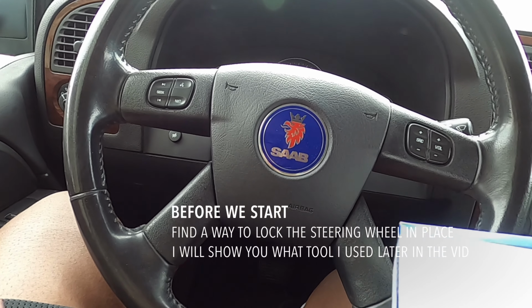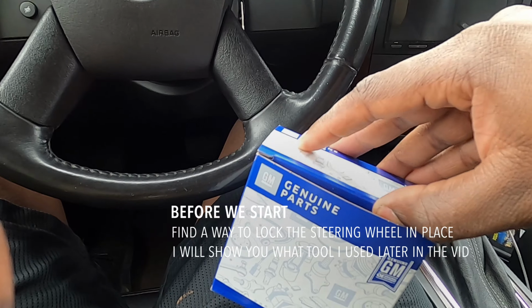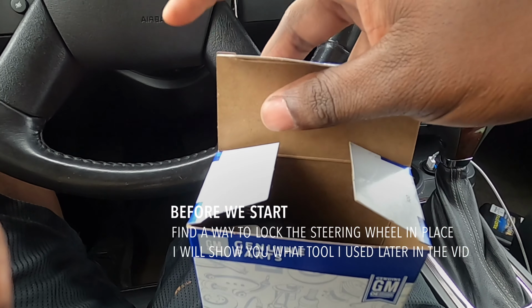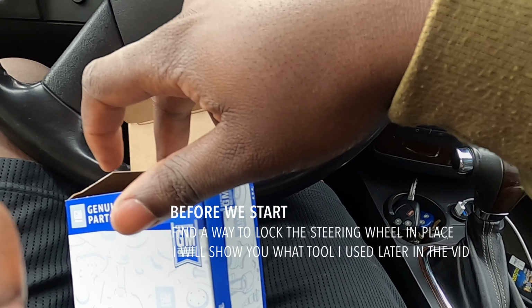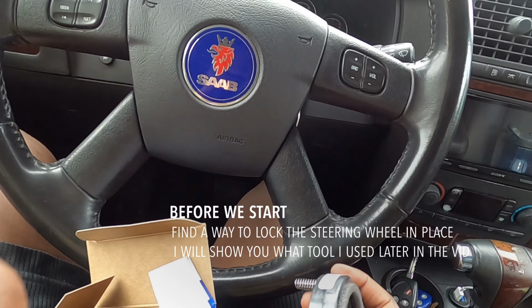Hey guys, Project Saab here, and today we are going to be fixing something called our steering wheel angle sensor. I believe that's what it's called. For the most part, I'll show you the code and what happens with the car. Well, I can't really show you what happens with the car because it's intermittent, but it's a